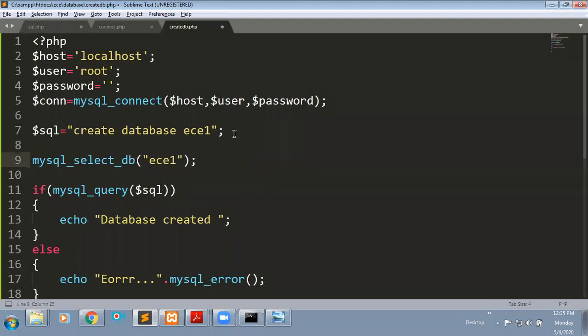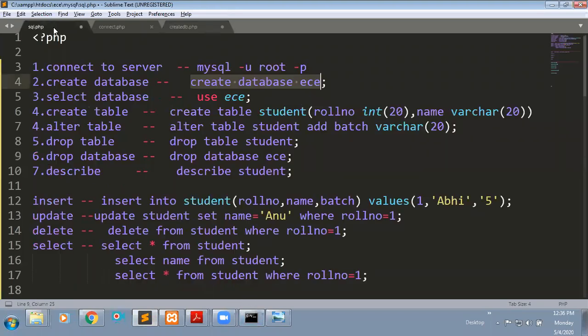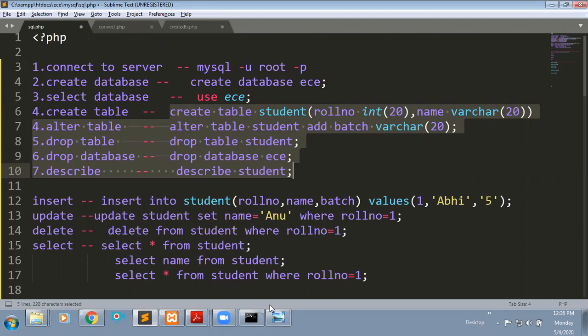After selecting your database, you can create tables, right? If you observe here, after selecting your database, now you are able to create your tables. Then you can alter your table also. You can drop tables. Everything you can do. You just need to change this.